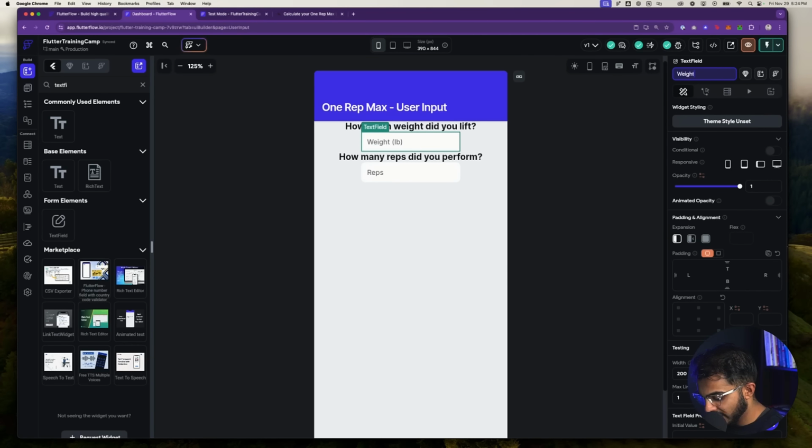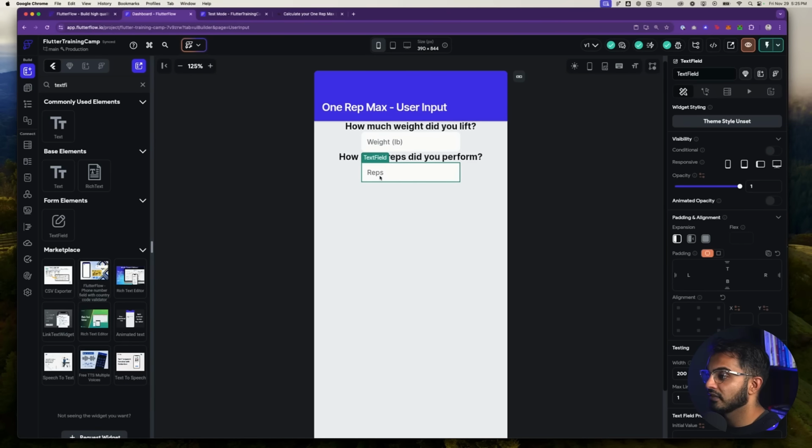So I'm going to call this weight widget. And typically I use this format where I capitalize the first word and there's no spaces. You're not allowed to do a space in a widget name. So I'll do weight widget with capital W, capital W. And whenever you're creating variables in code or low code or anything, I typically would recommend you use this type of format where you capitalize the first word. That way it's kind of easy to read. So now this label has changed here. So anytime I reference this, and you'll see that in just a moment how this is going to work, you'll know exactly what widget you are working with.